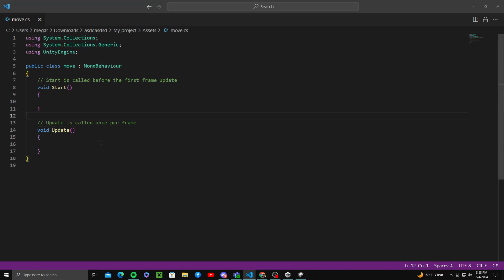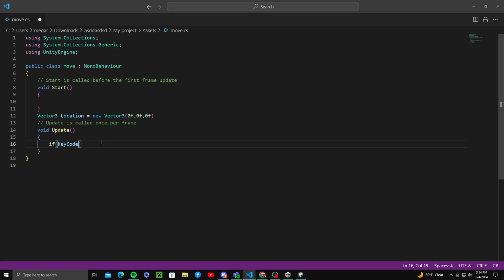I think it was Vector3 location equals new Vector3 and then 0f, 0f. And then we're gonna do an if statement saying